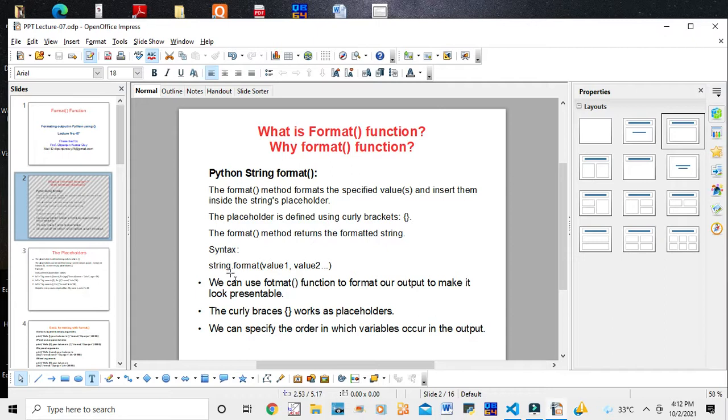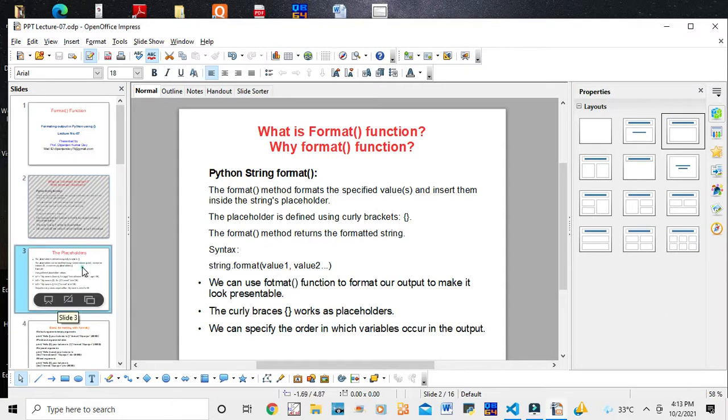We can use the format function to format our output to make it look presentable. The curly bracket, open and close, works as a placeholder. We can specify the order in which variables occur in the output.